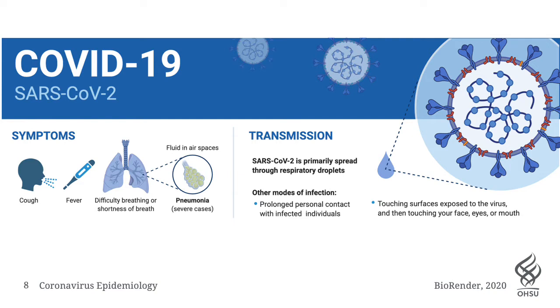Transmission of SARS-CoV-2 is primarily spread through respiratory droplets. Respiratory droplets are generated when you cough, sneeze, or talk, and they travel short distances through the air, usually less than 6 feet, and they can both directly and indirectly infect other people. Directly is when these particles travel through the air and reach your susceptible mucosal membranes, your eyes, your nose, and your mouth. Transmission can also occur indirectly through touching contaminated surfaces and then allowing your hands to touch your face.